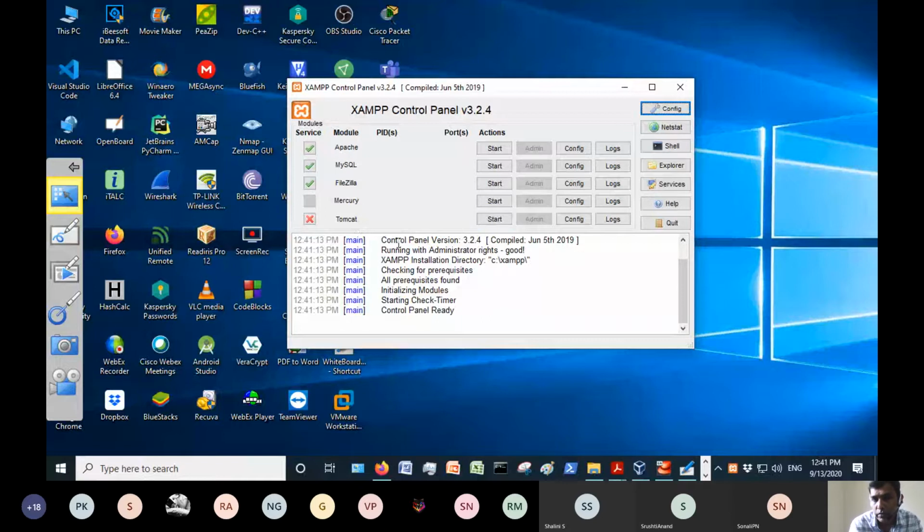From the XAMPP control panel, you can start it. Right now, Apache, MySQL, and FileZilla are active. Of course, we don't need all these things. We need Apache and MySQL. Keep that in mind: for all the programs, we need the Apache web server and MySQL. For the last program, the 10th program, we are using a MySQL database.